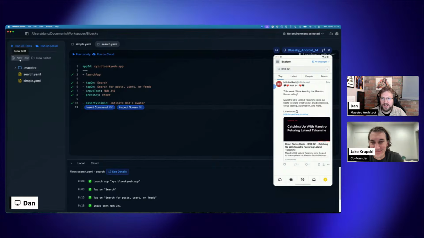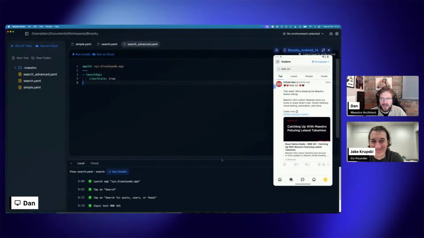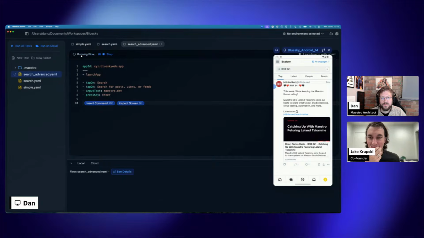We probably want to do a more complicated search. We'll call it advanced. It's not really advanced. And again, we're going to pick Blue Sky, and we're going to cheat by not doing that bit again. Let's go back. Let's steal some of this stuff. We're going to do a variation of this test. Instead of searching for this, let's search for something a bit more general, and hope that someone is talking about Maestro Studio. So if I run this now,